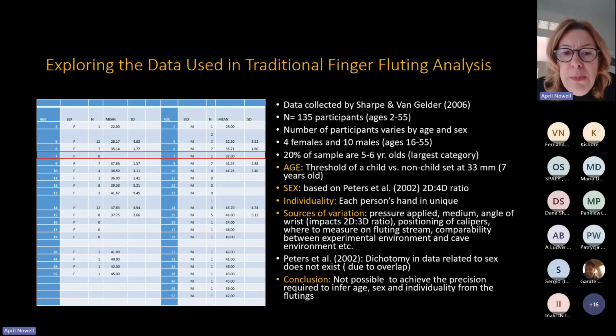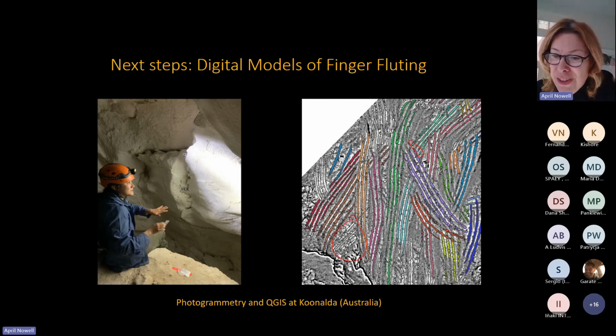So we felt, after looking at all of this, that while this has been a huge contribution to the field, it's not possible using these traditional techniques to achieve the precision required to accurately or reliably infer age, sex, and individuality from the flutings. Building on this research, we've now started a program that Andrea is in charge of, where we're using photogrammetry to scan all of these finger flutings, and we're doing a lot of experimental work to train a computer to